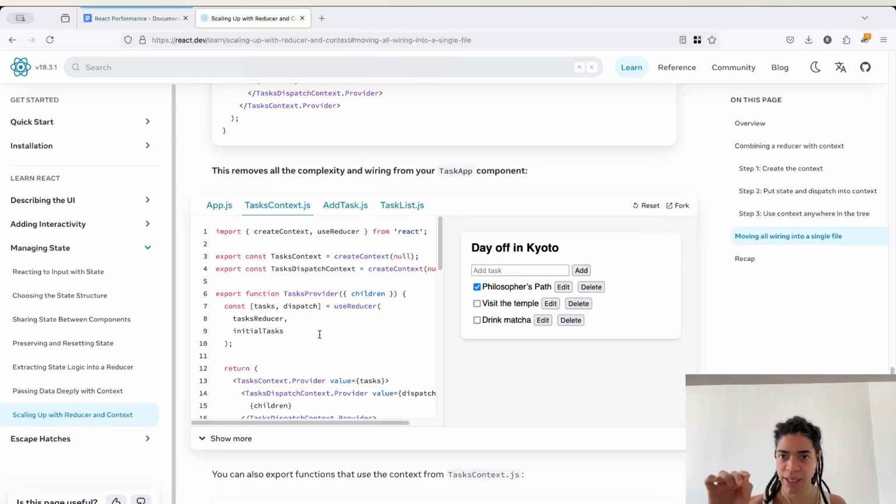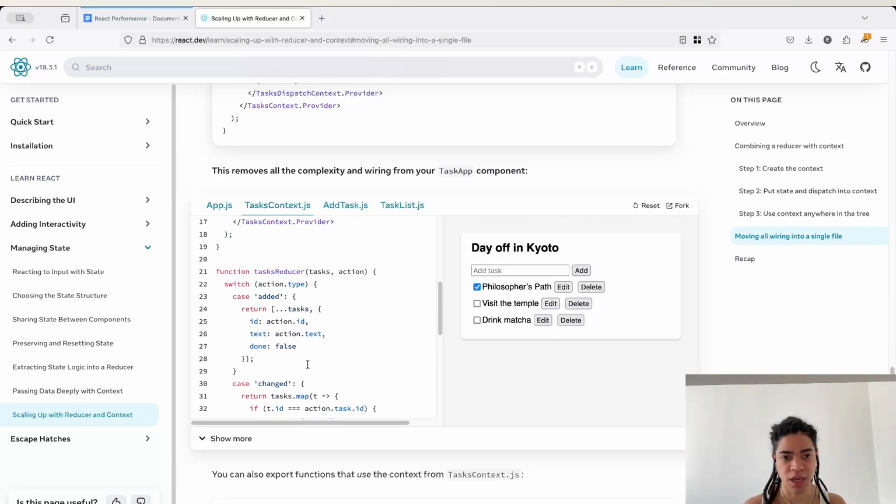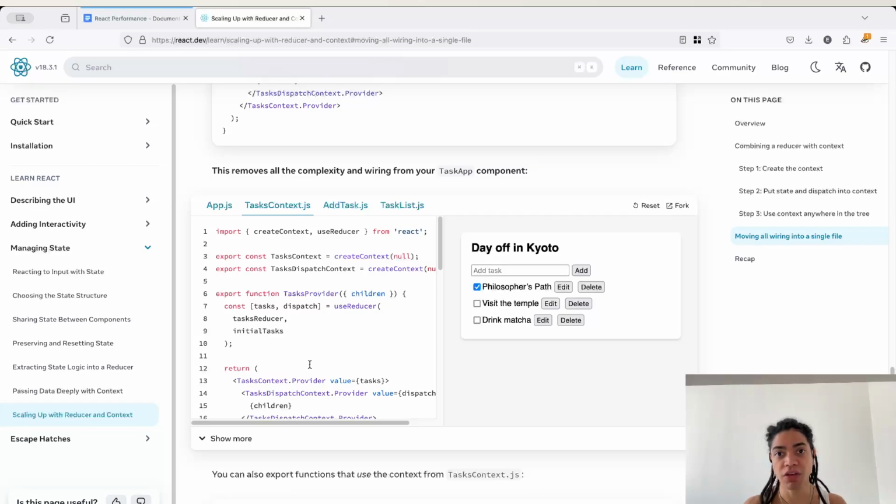When you create that context, and then right after that you create the reducer functions, and when it comes to exporting that function to provide the context from the state and the context from the dispatch, you use useReducer, which gives you the state and the dispatch, and that's what you're going to use as the value in the provider, followed by the children that you want to pass through. So the idea here is that